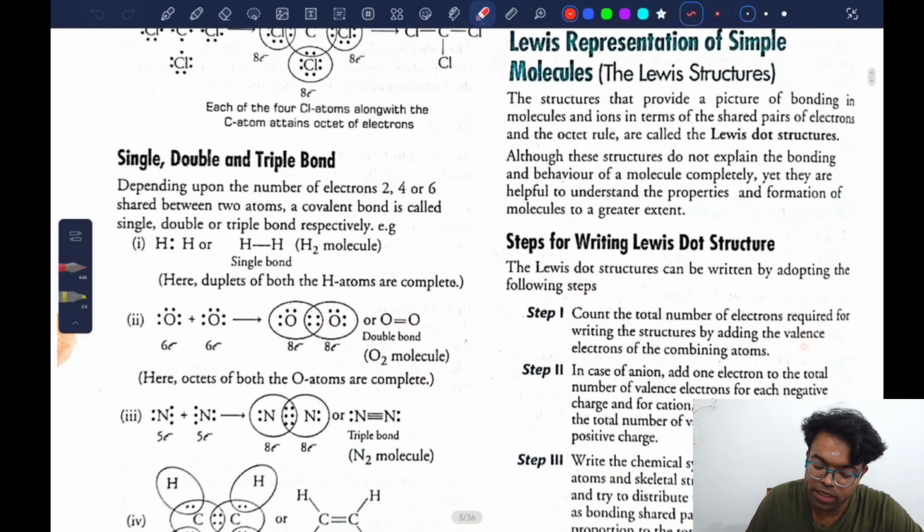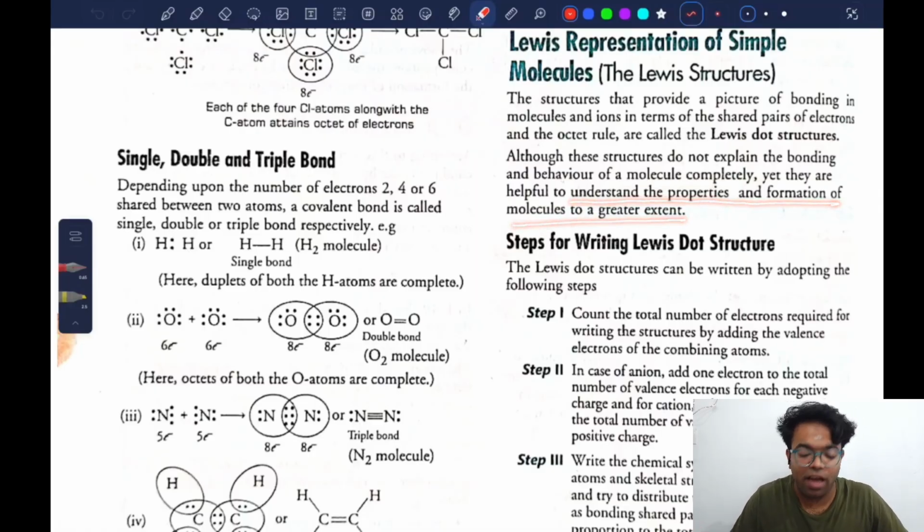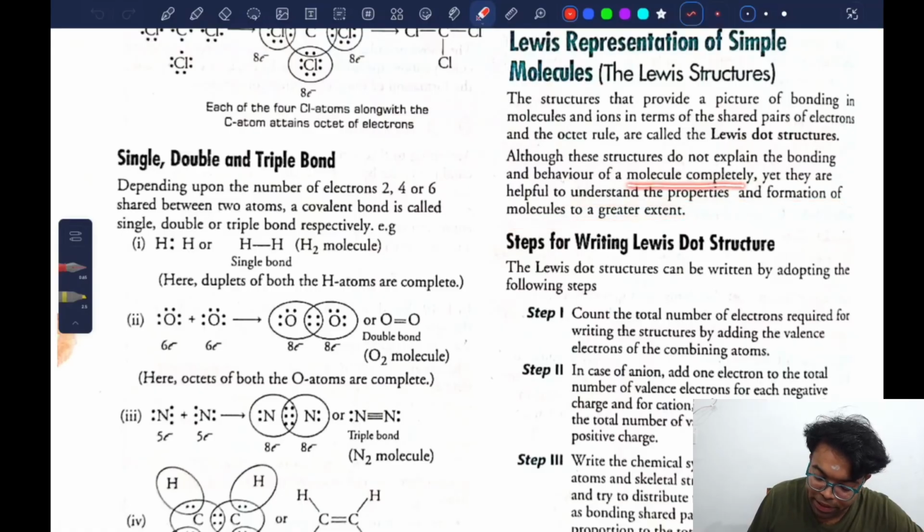Although these structures do not explain the bonding and the behavior of the molecules completely, yet they are helpful in understanding the properties and the formation of molecules to a very large extent. So this is something that we have to learn before we can understand the other complex topics. They started the whole journey of formation of bonds from this Lewis structure only in the ninth class, chemical bonding and molecular structure. The same chapter, I think atoms and molecules was a chapter. Okay, let's go. Now, although these structures do not explain the bonding and behavior of molecules completely, yet it is